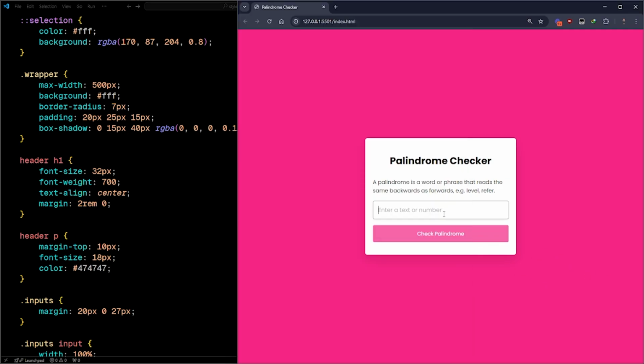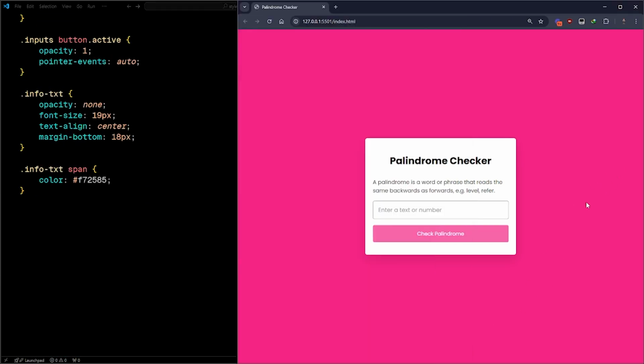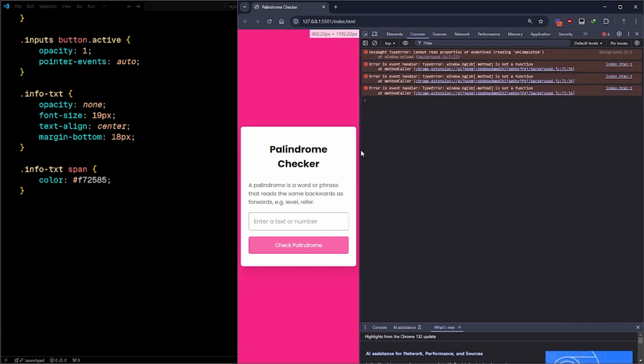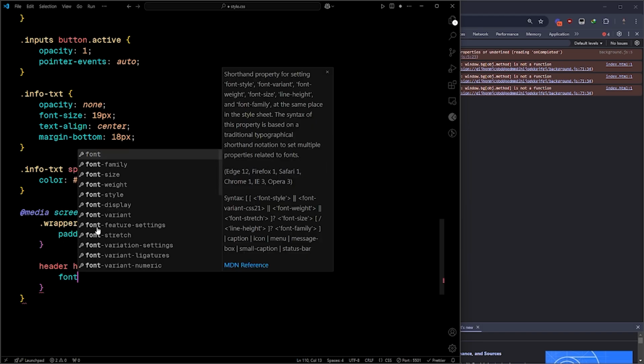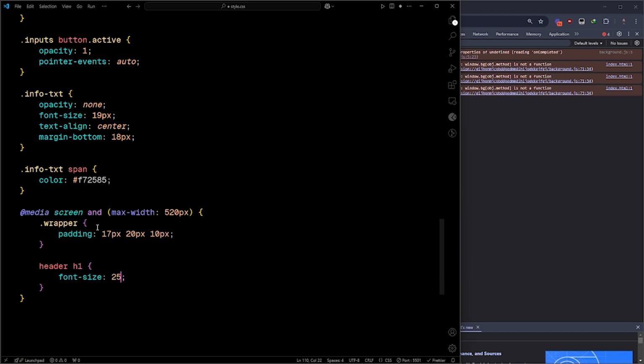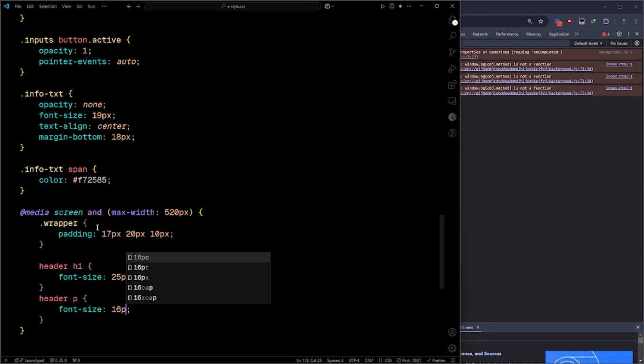Okay, now let's create the functionality using JavaScript. Before that we need to check the fluidity so we can adjust things a bit. So let's select media screen and max width 520 pixels, wrapper padding to 17 pixels, 20 pixels, and 10 pixels. Header h1, let's reduce the font size to 25 pixels. Header p, font size to 16 pixels, and